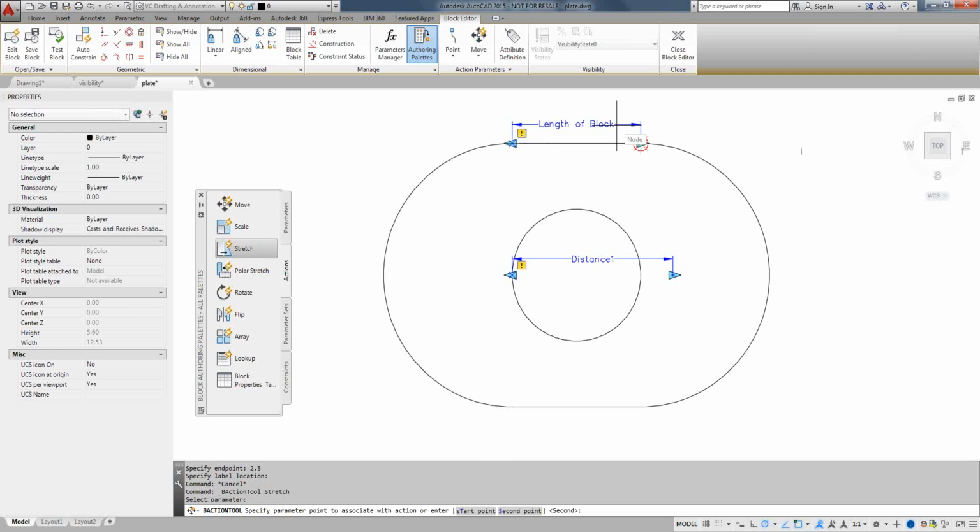I'm going to select the parameter, and note the command line. It says specify parameter point to associate with the action or a second point. Well, basically it's saying, hey, where do you want the stretch point to be, the grip that you will be using to stretch the object. So I'm going to pick right here. And then it's telling me, all right, specify the first corner of the stretch frame. Okay, now this is different than